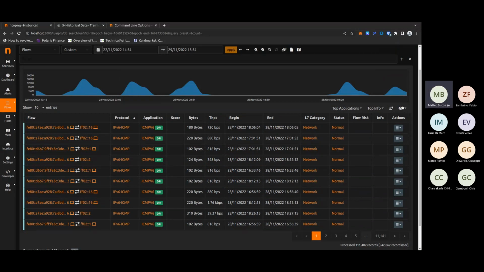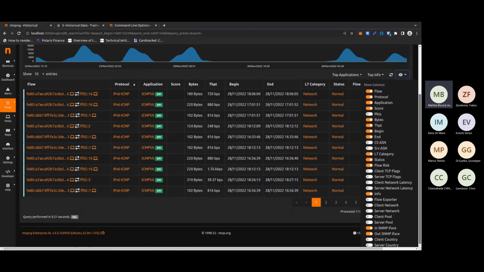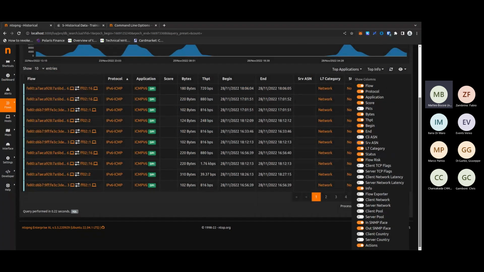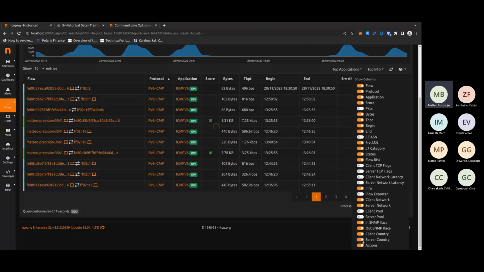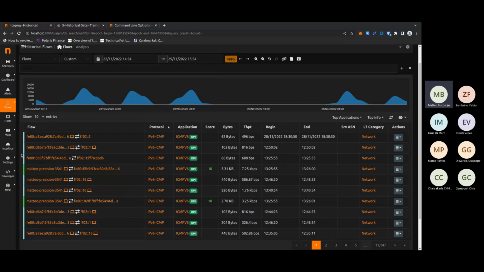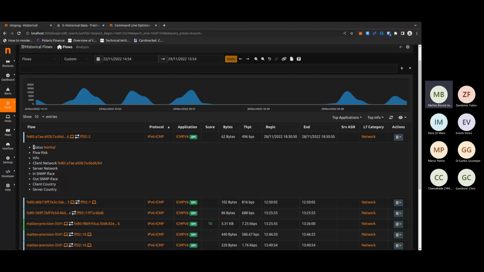Like for the hours, you are able to personalize this table by adding information you are interested in. For example, I'm interested in the server autonomous system, the network, and country, for example, if available, and I'm interested in this information. So now you have all the information, and if you click here, you can see, for example, the client network,